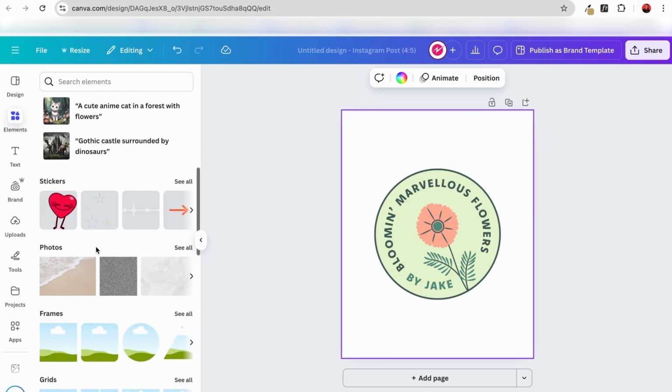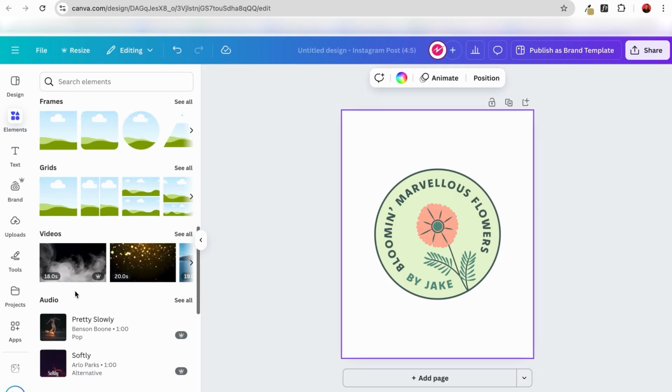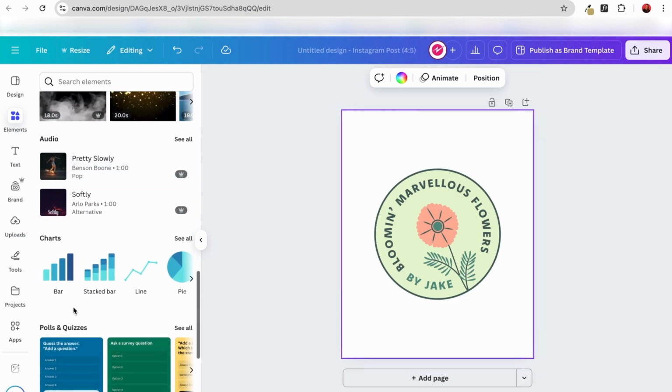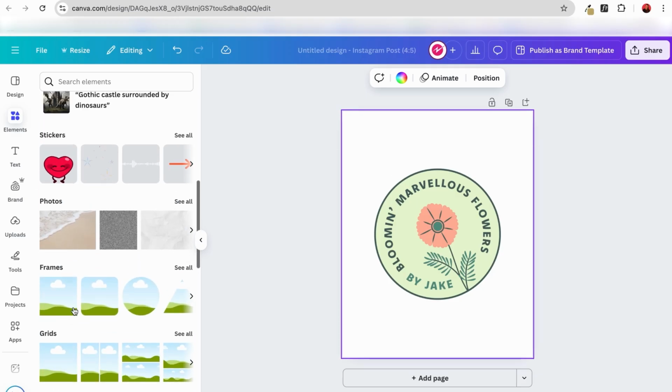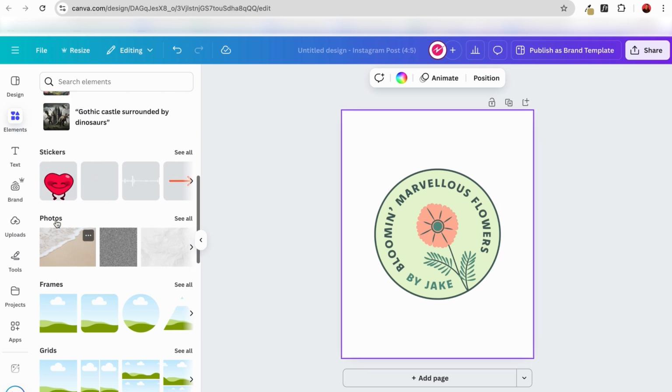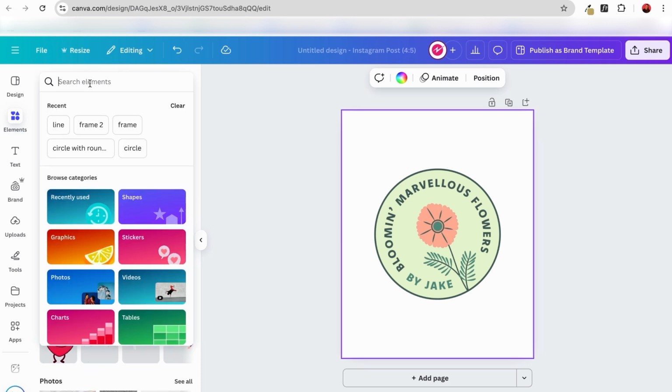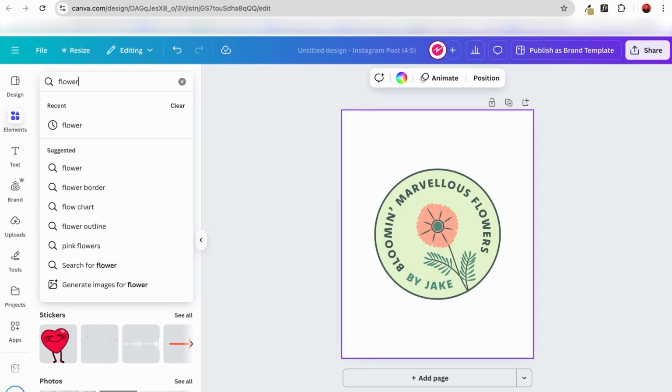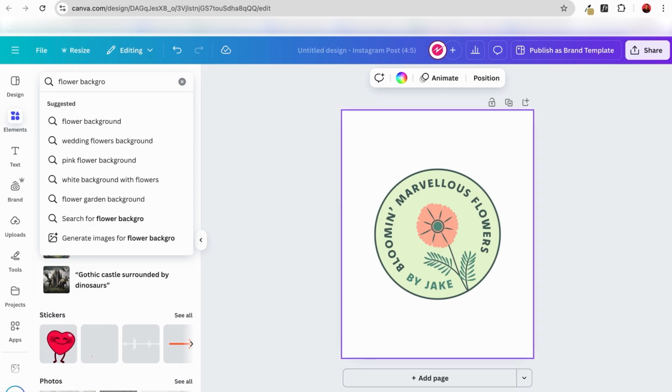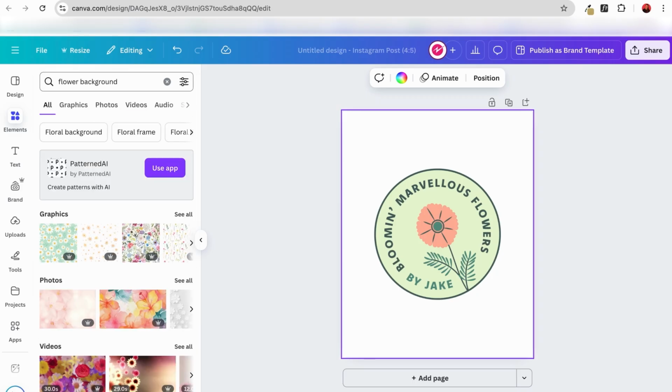There's stickers, and there's photos and frames and videos and charts, and the list goes on. But we're going to go to photos, or up here actually you can just type in flower background and hit search,